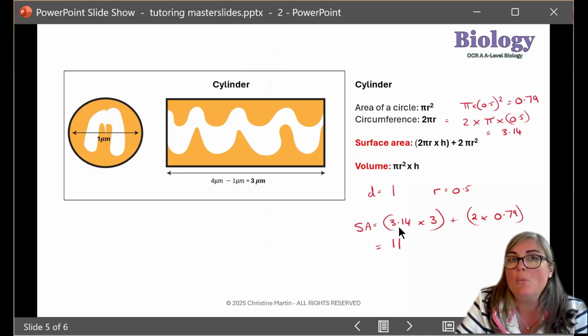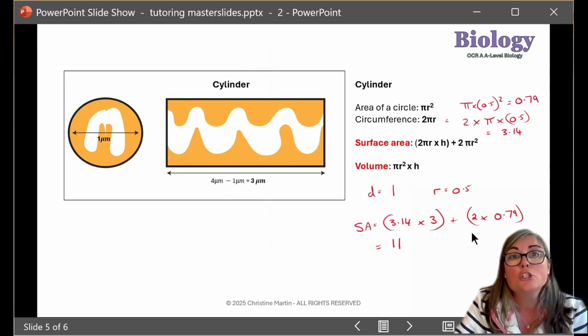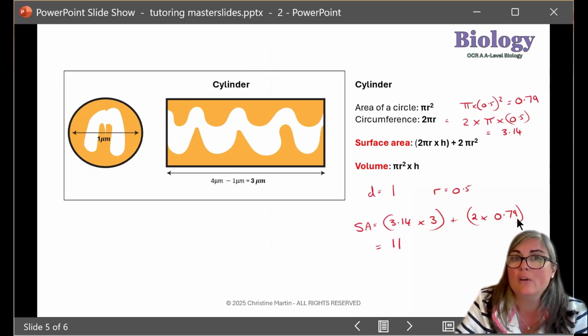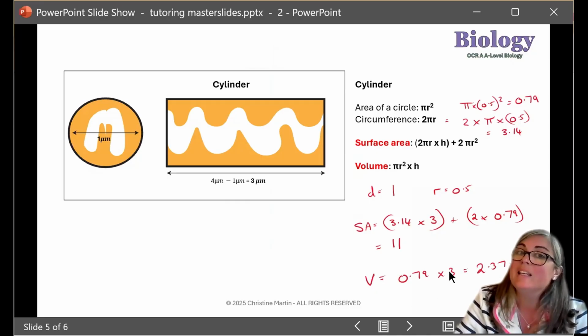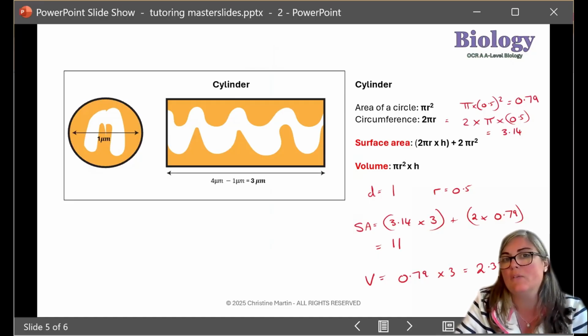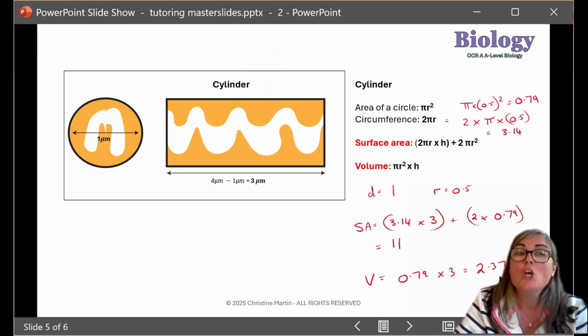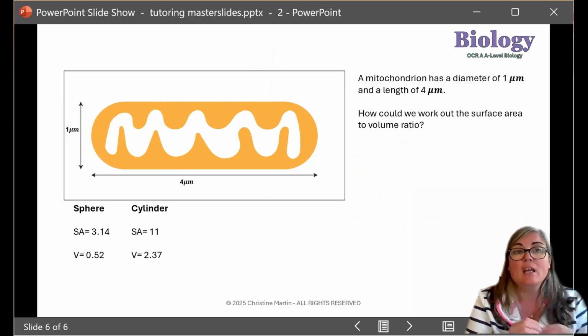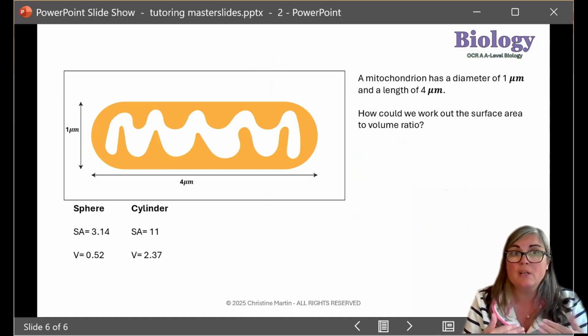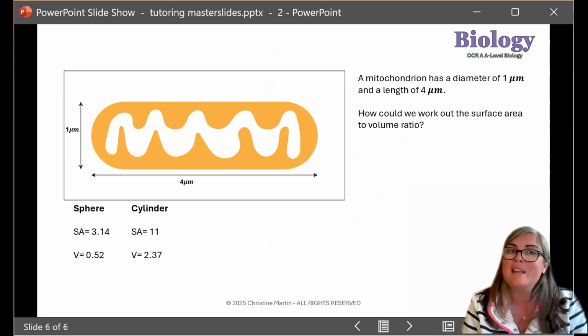So we need the 3.14 times 3, the height, plus 2 times our areas of the circle, which is 11. And if we were to substitute in for our volume, we would therefore get 0.79 times 3, because that is our area of the circle, times our height, and that would give us 2.37. So now we know the sphere. Now we know the cylinder, we know the surface areas, we know the volume, but we now need to work